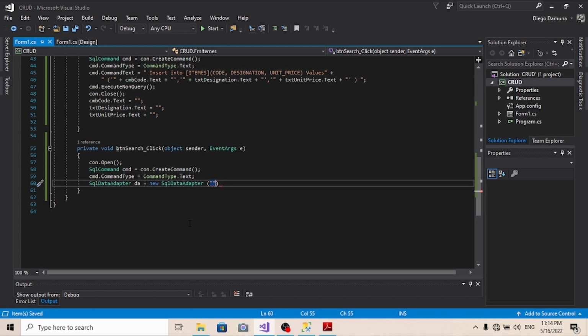Obviously, I have to end with a semicolon here. It's underlined here because it does not see any query. Let me now make use of the query. The query will be select from the name of the table. The name of the table is item. Okay, select from item, and then the other keyword will be where